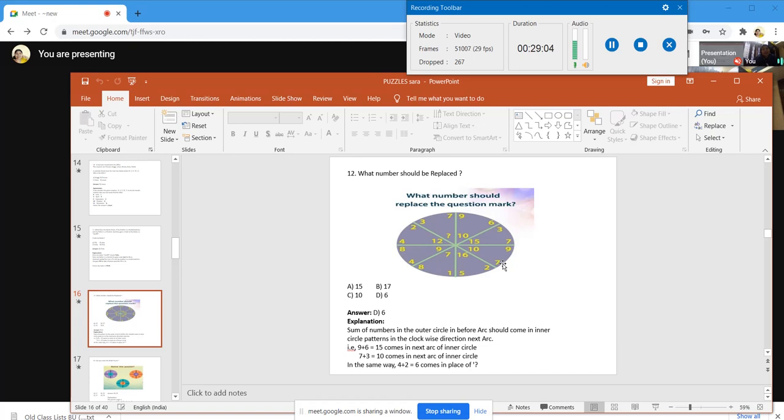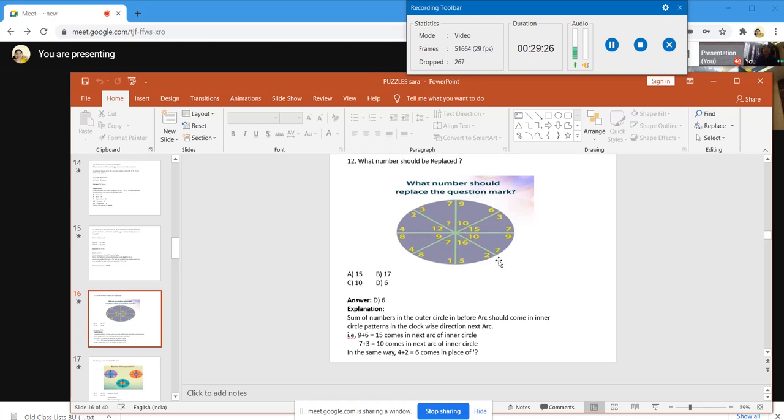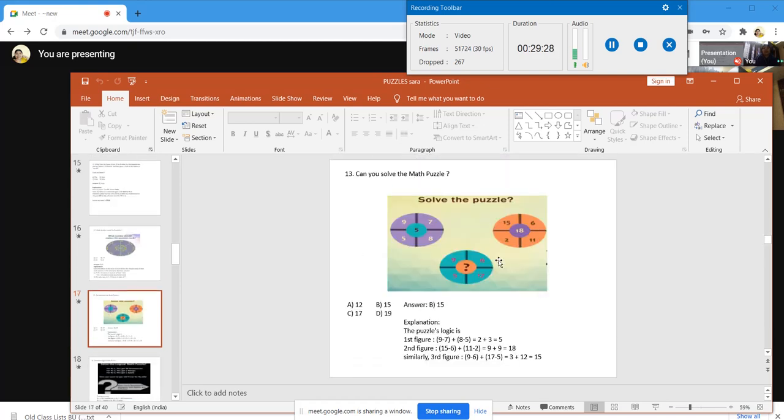Okay, 15. Where is it? In the next column I can find the 15. What they have given is, they have added these two numbers, and the answer comes to the next triangle. Likewise it goes on. But what comes here? 3 plus 7, 10 comes in the next triangle. And what is the answer here? 4 plus 2, 6 should come here. So that is the answer. Definitely we can find some relation in the diagram.